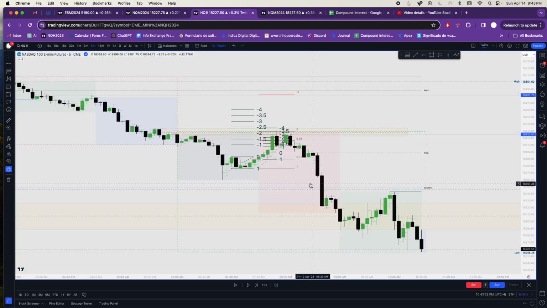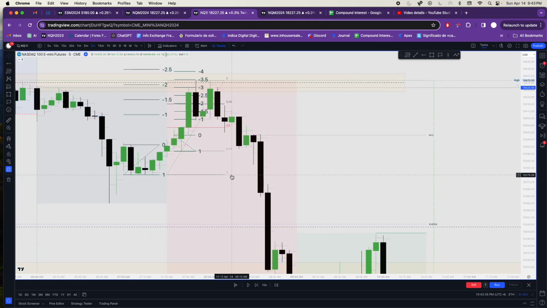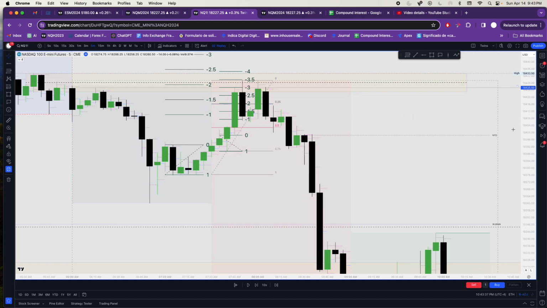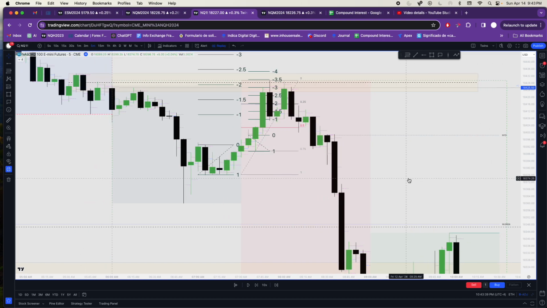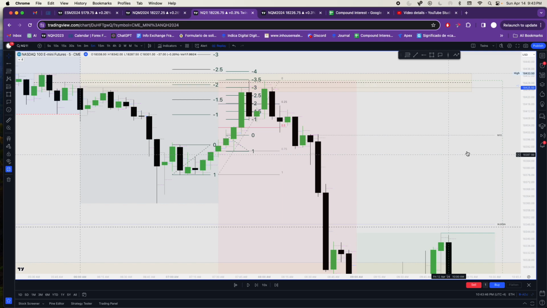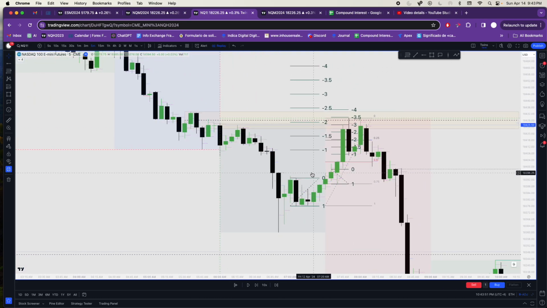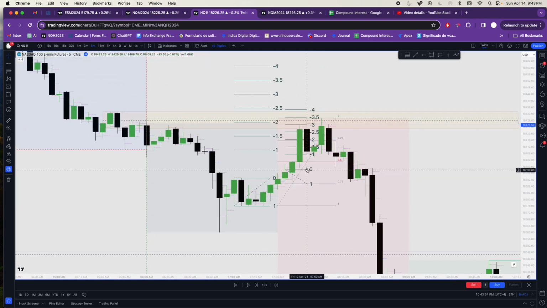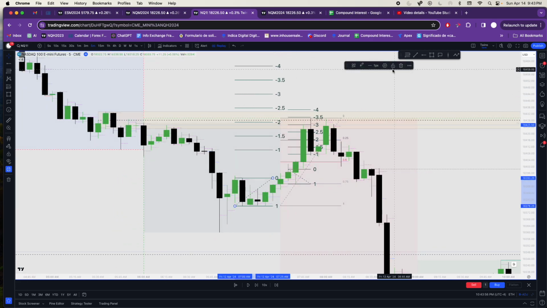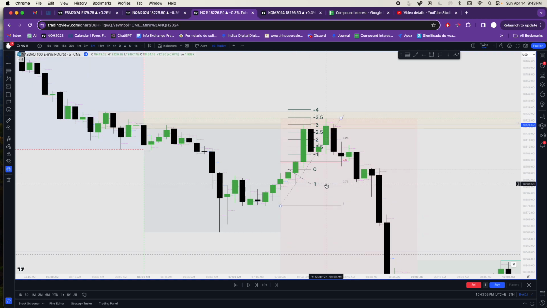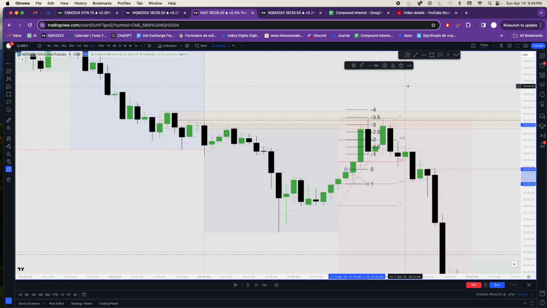All right, so let's just finish this off over here. Then we'll go to the other chart. So here's an example. Boom. Then measure the manipulation leg on the high time frame for standard deviation, lower for 4 standard deviation into a higher time frame PD array. All right, so what does that look like? We're on the 5, and we want to measure the manipulation leg on the high time frame. We're done with this. This here, this last run up, you can see this as our manipulation leg,